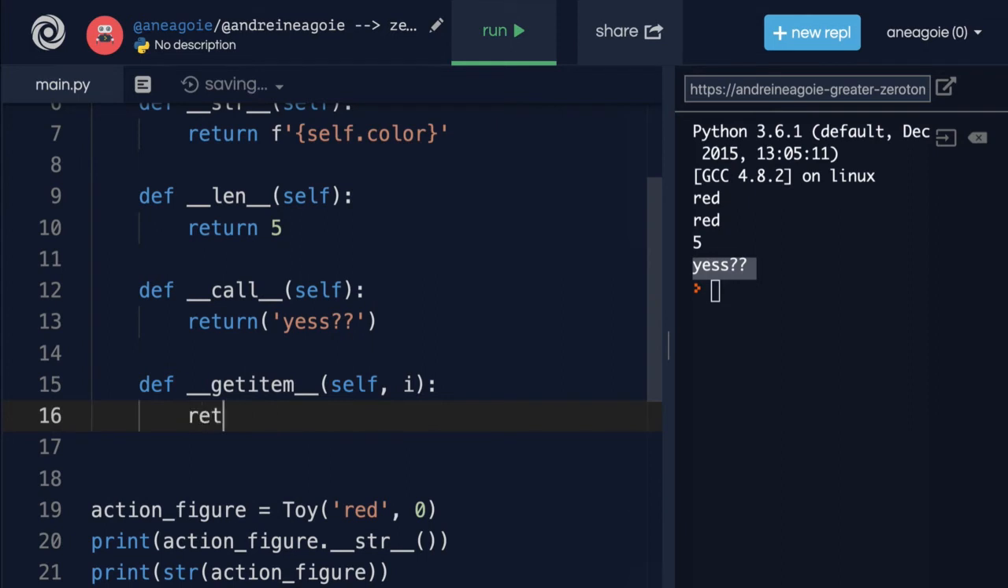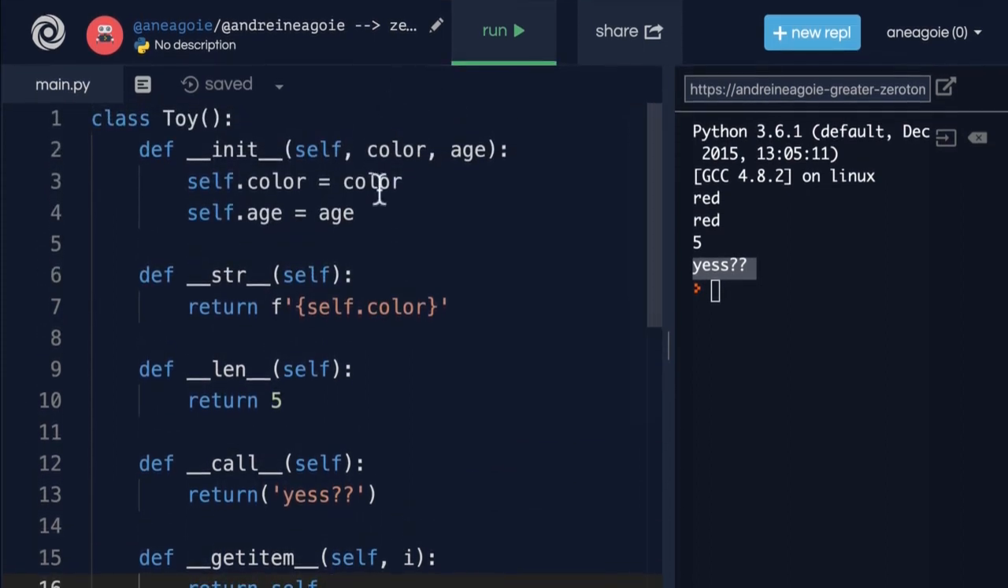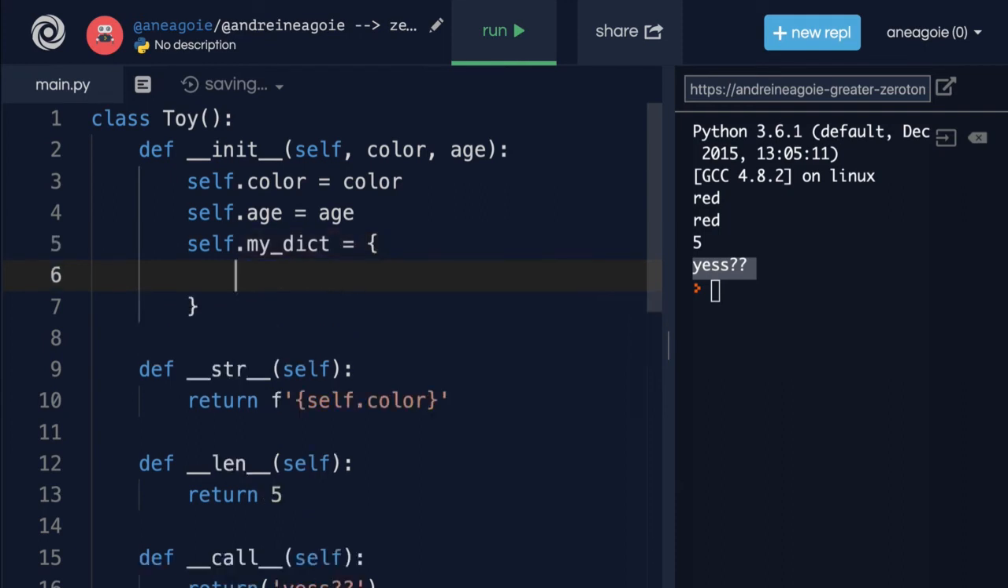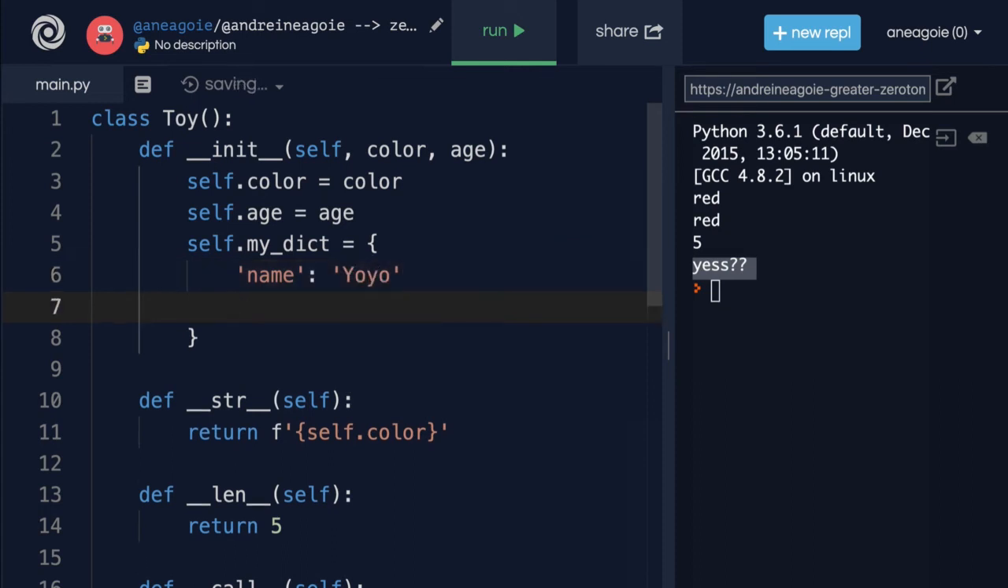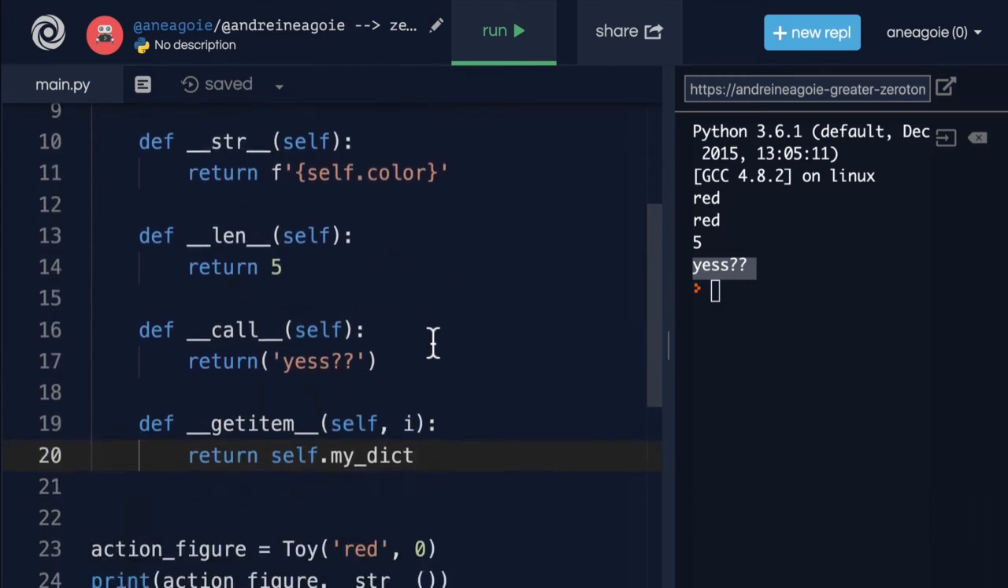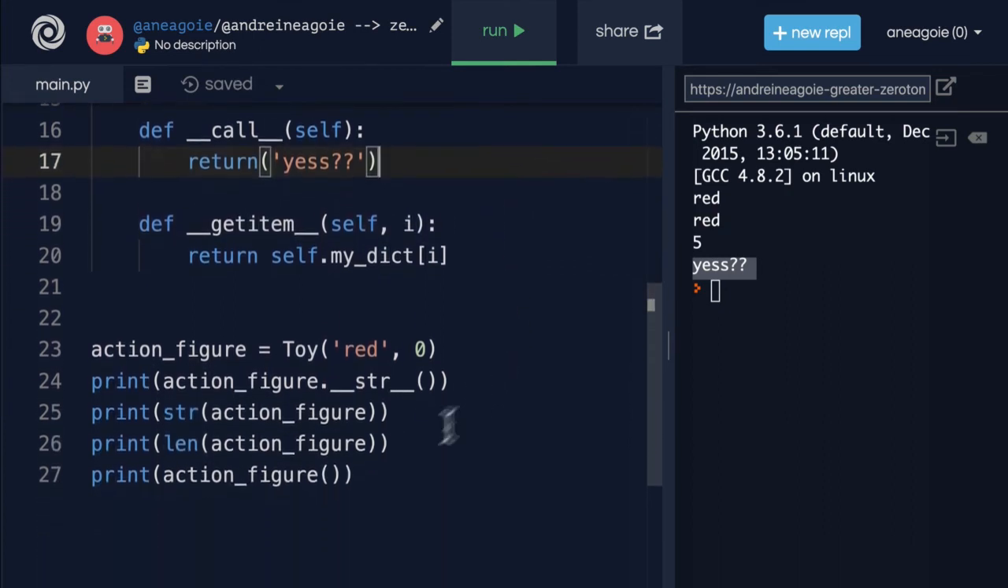And in here, we'll return self dot, and let's add an attribute before we add that. I'm going to say self dot my dict for my dictionary, and then add name equals to yo-yo. And let's do has pets equal to false. Now, using this, I can say my dict and return the item based on the index that we give it. So let me show you what I mean. If I now do print action figure